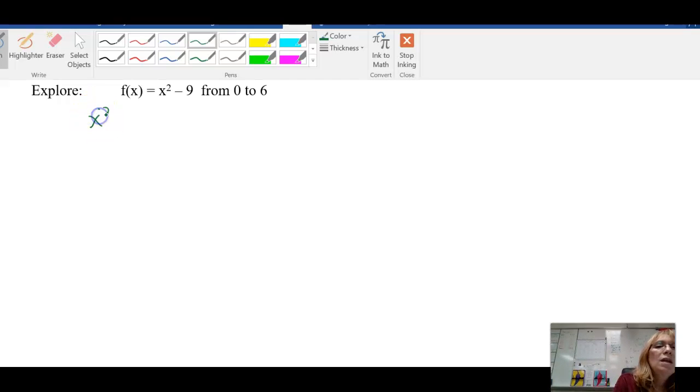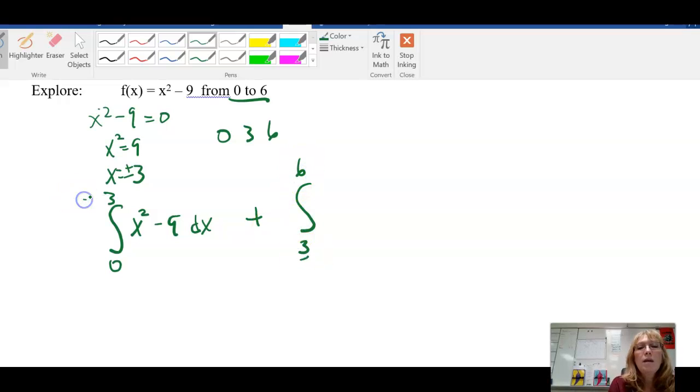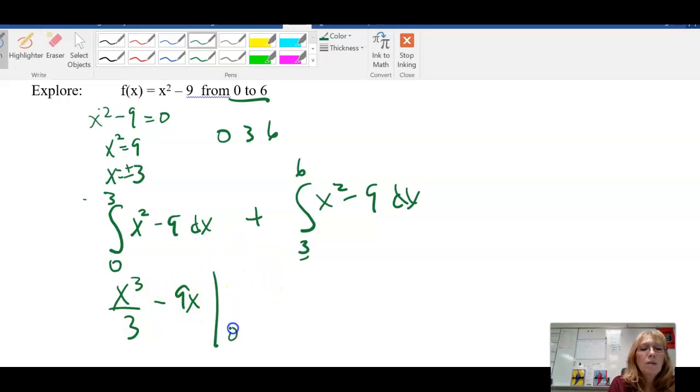Step 1. You should have set it equal to 0. So x squared equals 9. So x equals plus or minus 3. 0 to 6, our interval is going to go from 0 to 3, and then 3 to 6. So now we're going 0 to 3, x squared minus 9 dx, plus 3 to 6, the 3 is matching, right? From x squared minus 9 dx, your antiderivatives are x cubed over 3 minus 9x from 0 to 3 plus,